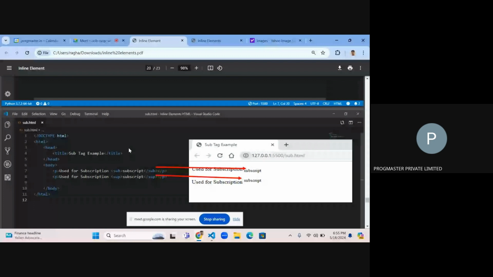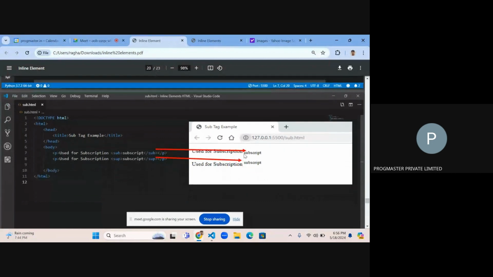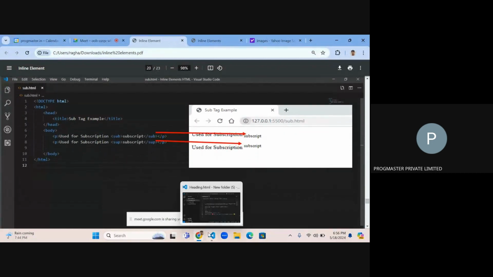And then there is one more tag, the subscription tag. So what is the use of the subscription tag? Subscription means it comes under the text. Superscription means it comes upper the text. For example, here